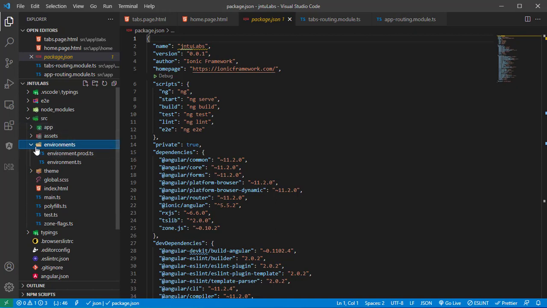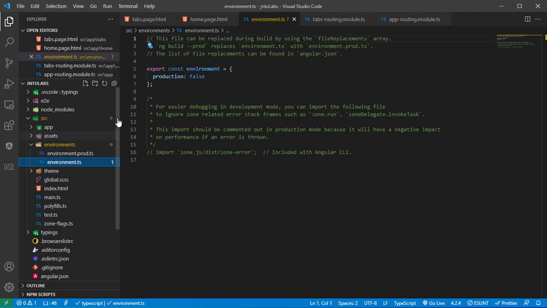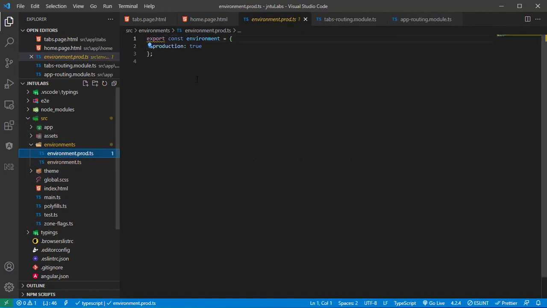Okay, so here we have the environmental variables, and you have two files. One is for production, when you develop the app ready for production. What does production mean? When you release the app in the Play Store, or when you make a signed APK, at that time whatever is present in environment.production.ts, those variables will be considered, and the other will be only for testing purposes. Here the production is false, and here the production will be true.